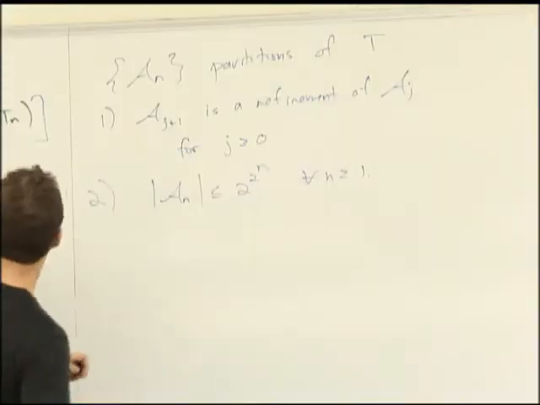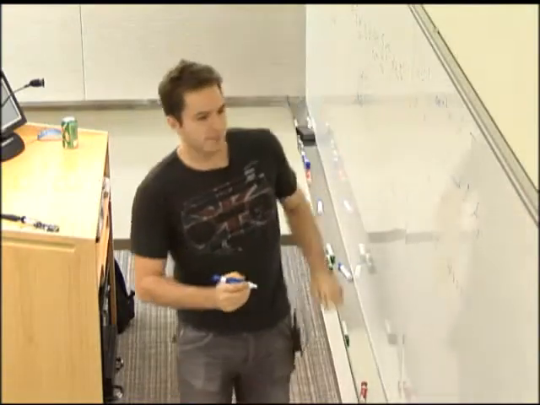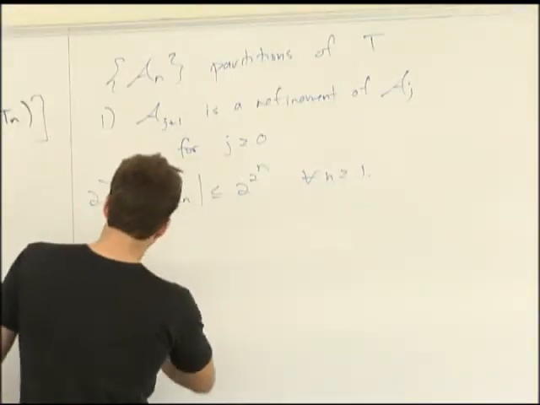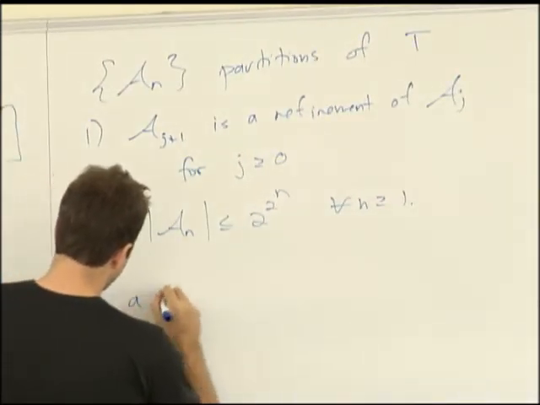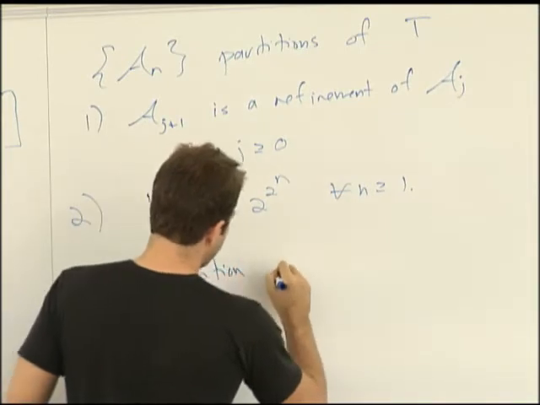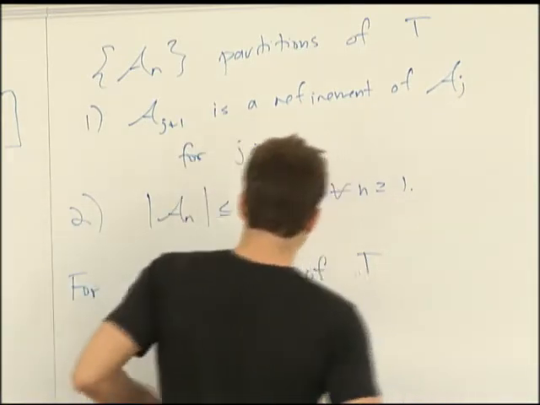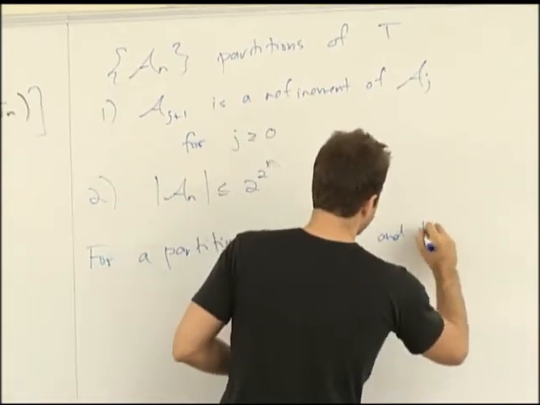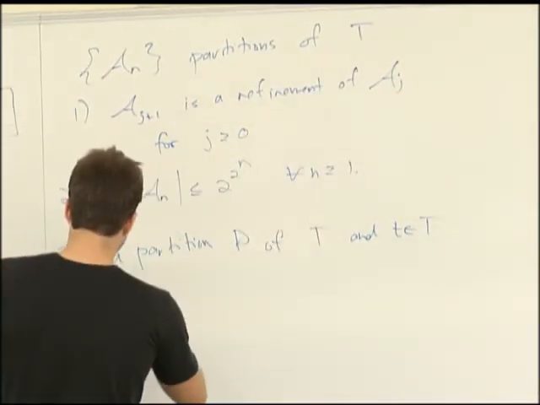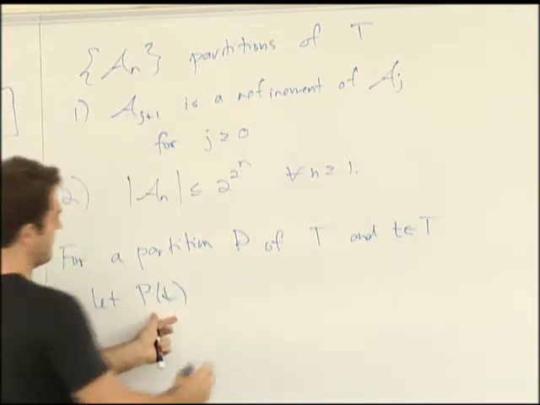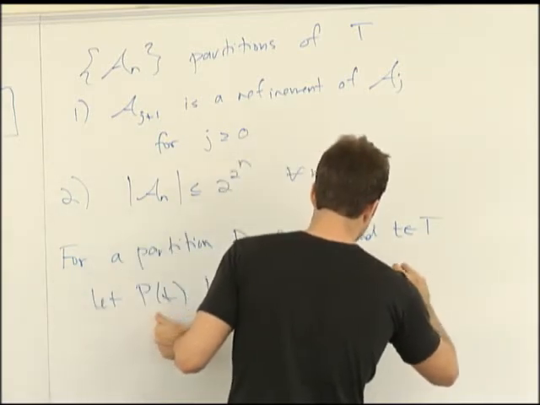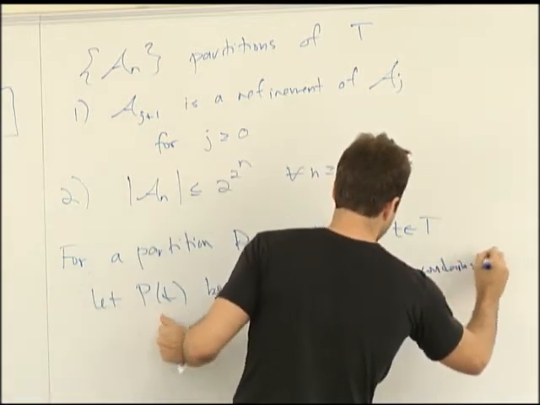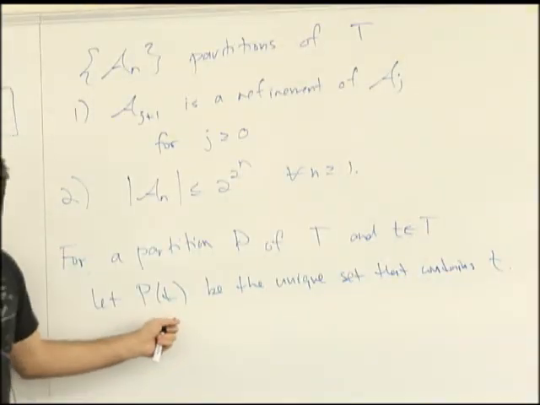So they become more and more refined. So my claim is that we can restate this bound in the form, I guess I should introduce one piece of notation. I'll use this a lot. For a partition P of the set T, and some point little t in T, let P of t be the unique set that contains little t. Okay, so in general, I have a partition. I'm just asking what set contains little t. It's going to be P of t.